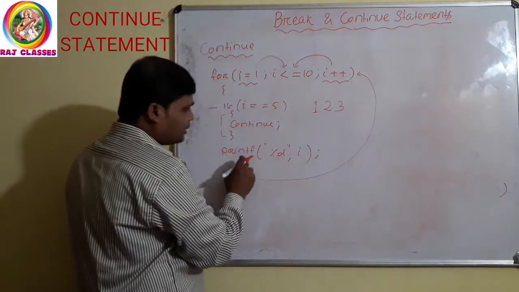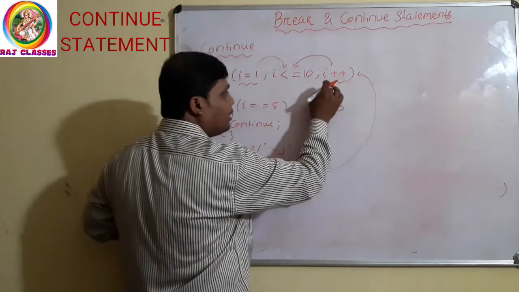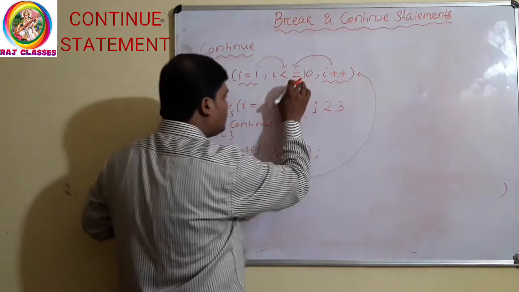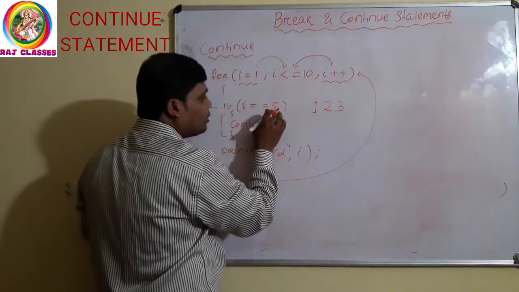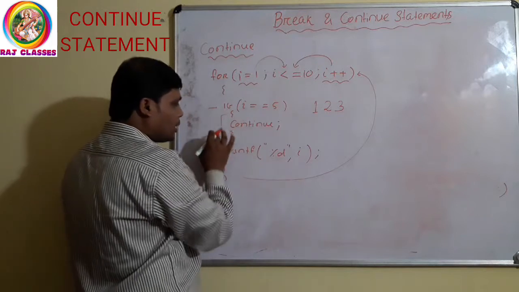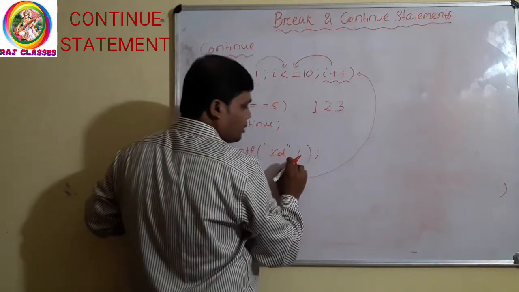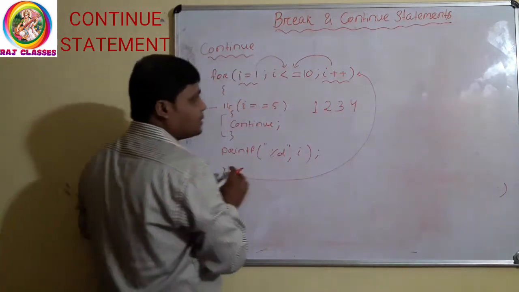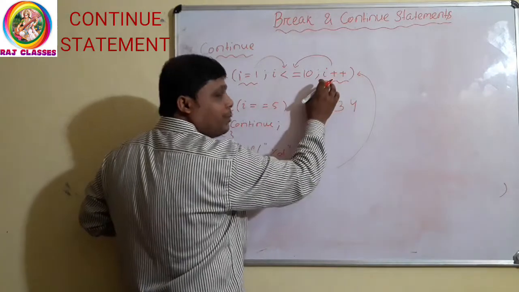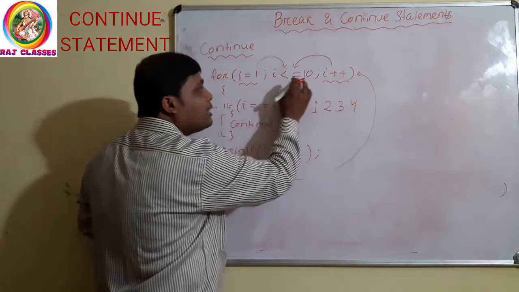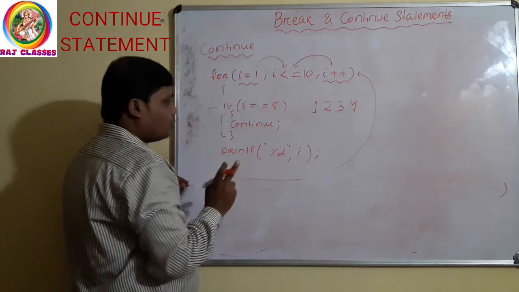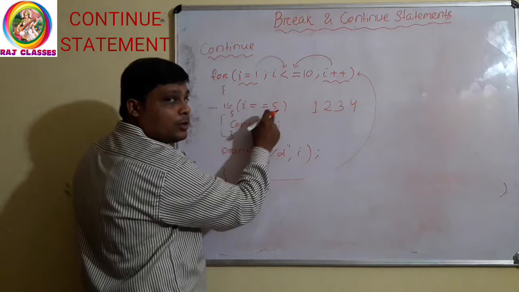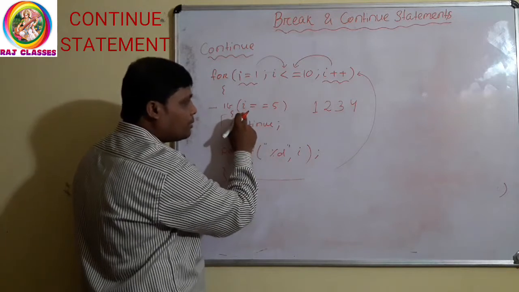Clear? Then again it will continue. I value will be 4. 4 less than or equal to 10, condition true. Again it will check 4 equal to 5, condition false. It will not execute this part. So printf %d, I value will be printed, that is 4. Then again, now see, the I value will be 5. 5 less than or equal to 10, condition is true. So if 5 equal to 5,